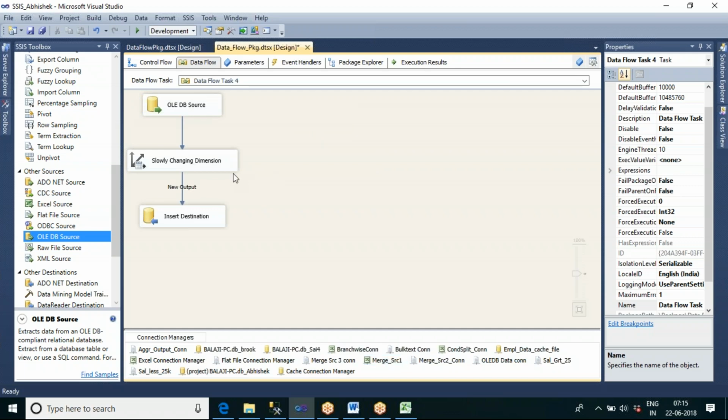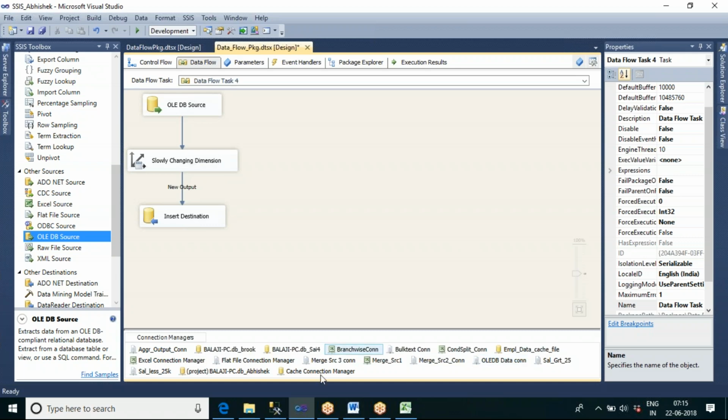Now you can see what this slowly changing dimension will do with SCD0: if any new record is there, it will just push it, and if any changes happen, it will not accept that change. That's why the changing output extra task is not coming here.